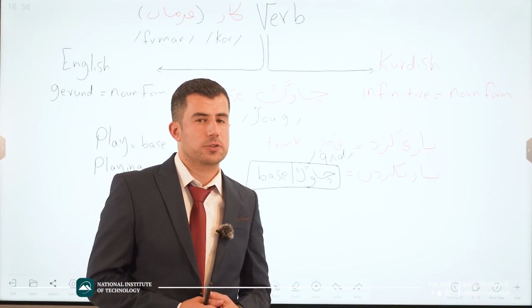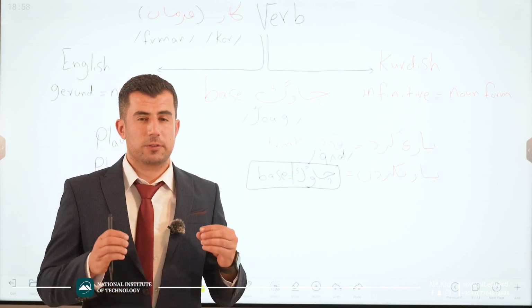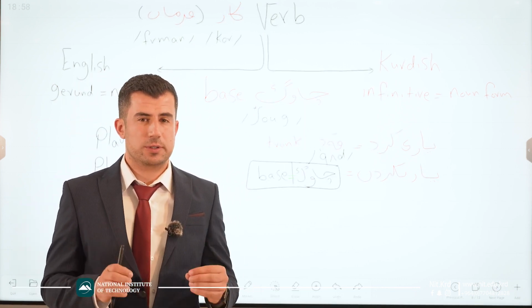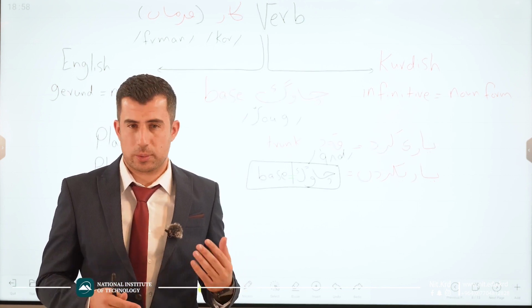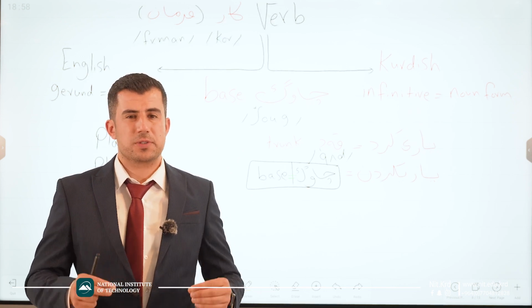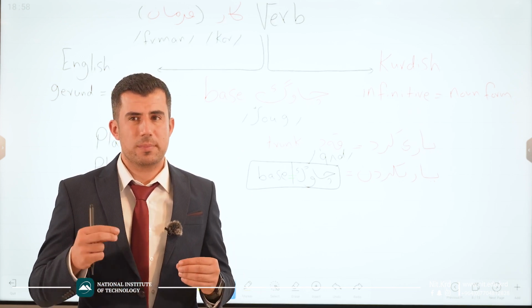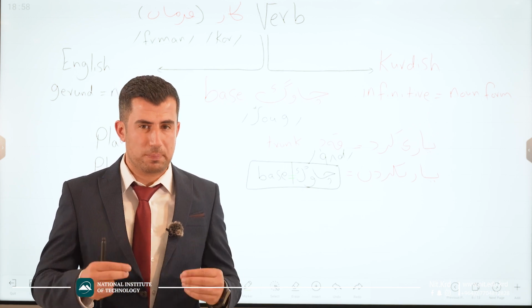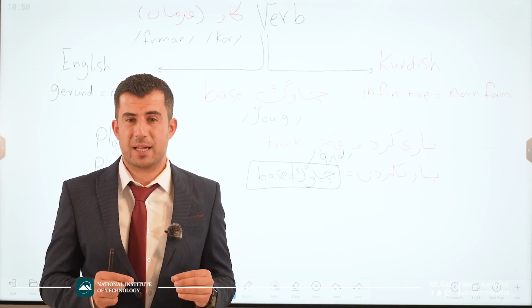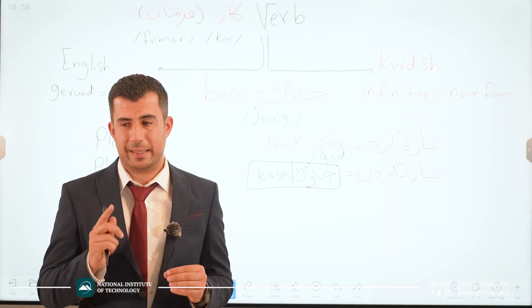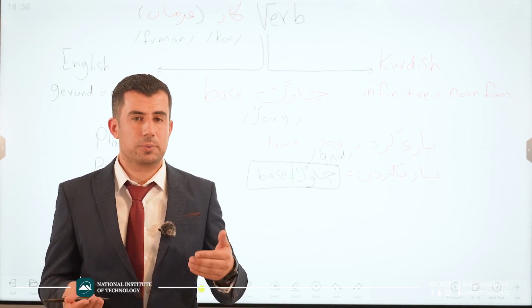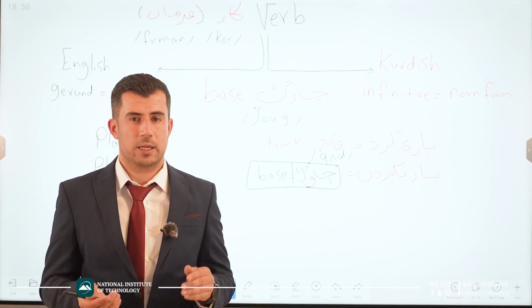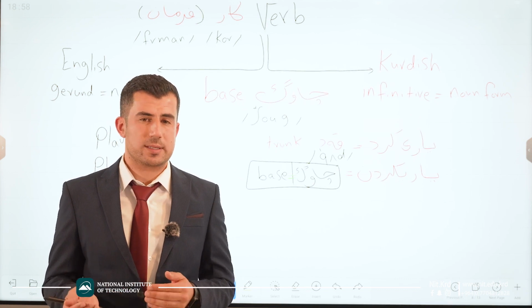Learning Kurdish language. Now let's move to verbs. Be careful, verbs in Kurdish are so different from verbs in English. In every language around the world, verbs are one of the most important parts of building the language. Sometimes just by using one verb in Kurdish and in English, we can make a sentence, like an imperative sentence. For example, eat, go. In Kurdish it's the same.